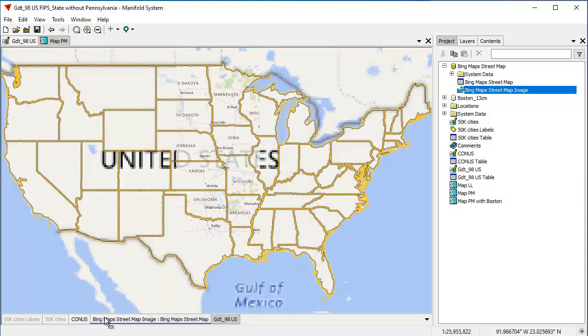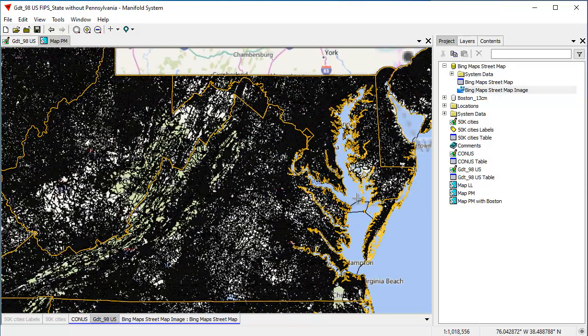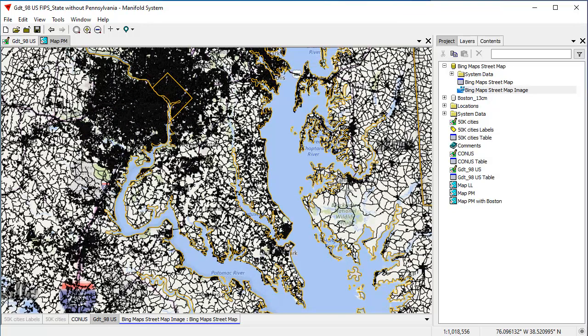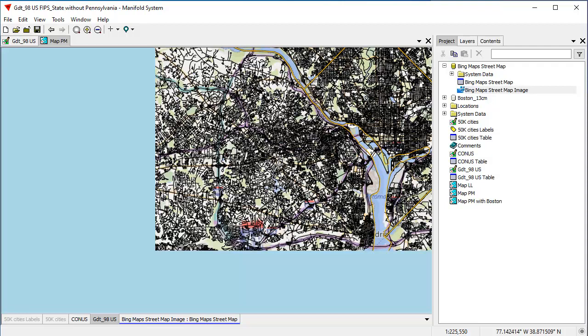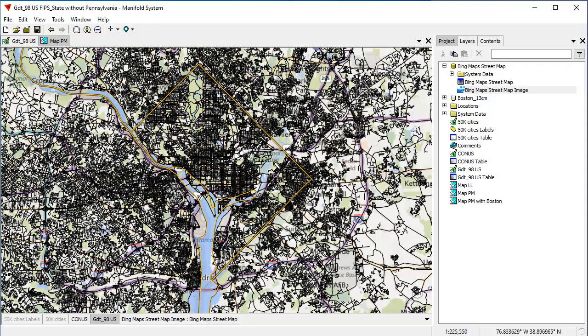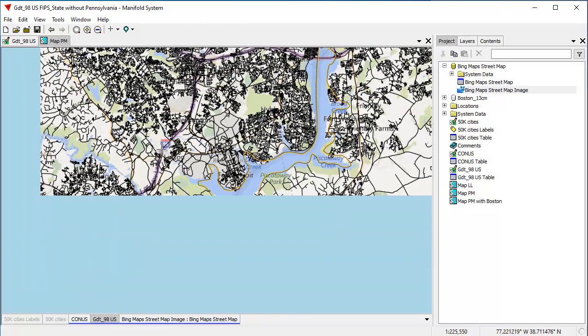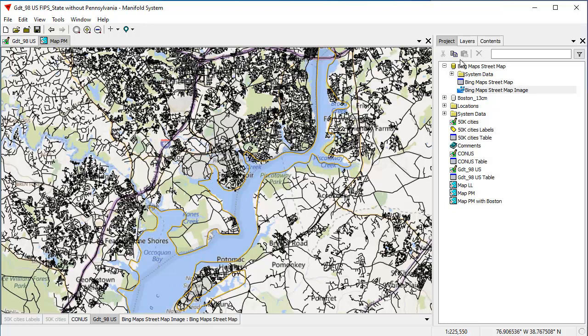And I'll drag this layer above. So as you can see, what we're looking at right here is that GDT layer where we're panning and zooming all the different, here's Washington, D.C. We're panning and zooming within the GDT map, and at the same time we're displaying on the fly a Bing Street Map. And we're reprojecting the GDT map from latitude longitude projection into a pseudo-Mercator. Manifold is so fast at rendering even 22 million objects,